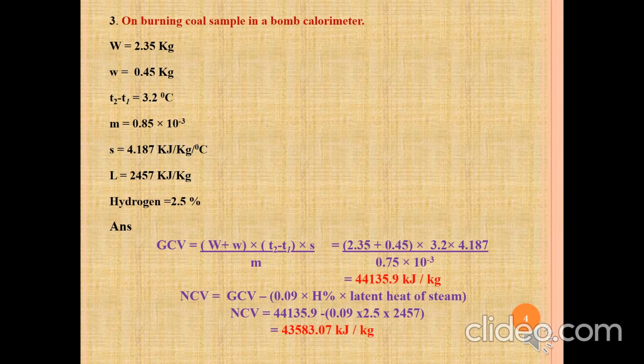Next, we have to write the formula to calculate NCV, which is given by NCV equal to GCV minus 0.09 into percentage of hydrogen into latent heat of steam. So, we have to substitute the values into the NCV formula. NCV equal to 44,135.9 minus 0.09 into 2.5 into 2457. So after substituting into the formula, what we are getting the NCV value as